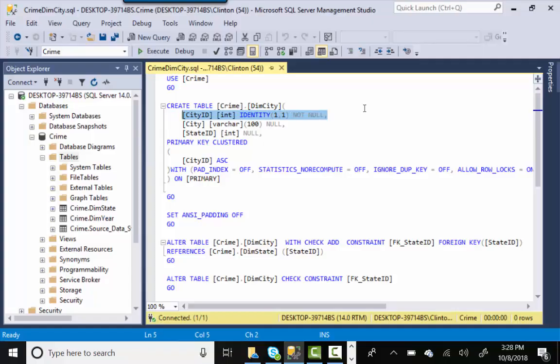And here you see we have the name of the city, but we also have the state ID in this, because what we're going to do is establish a foreign key constraint right here to state ID inside of the state dimension. And so again, I can't stress enough, you don't typically create foreign key constraints early on in your design of your data mart until you know that your data is stable and you truly understand that there is